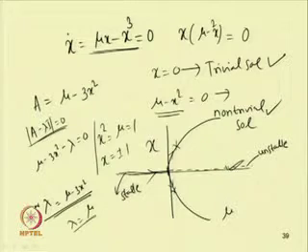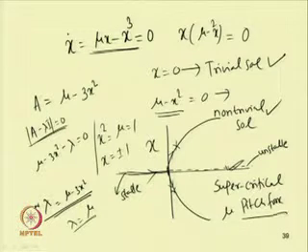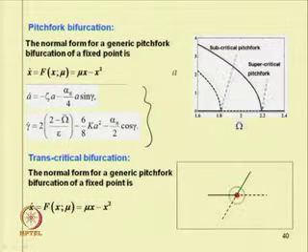So, this is a supercritical pitchfork bifurcation point. In the case of a supercritical pitchfork bifurcation point, from a stable branch we have other stable branches and an unstable trivial branch. This is known as a forward bifurcation point. We can have a backward bifurcation point also, corresponding to this.